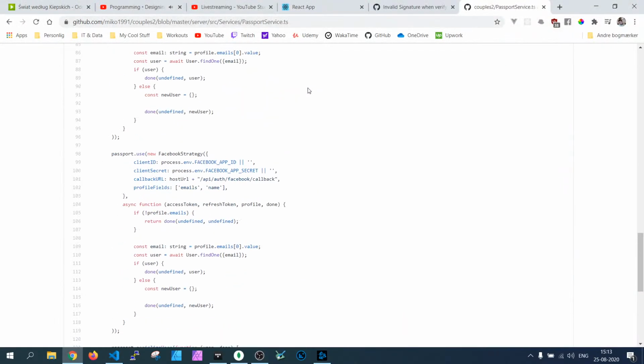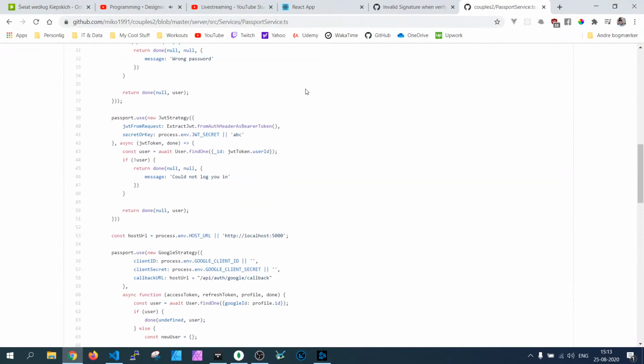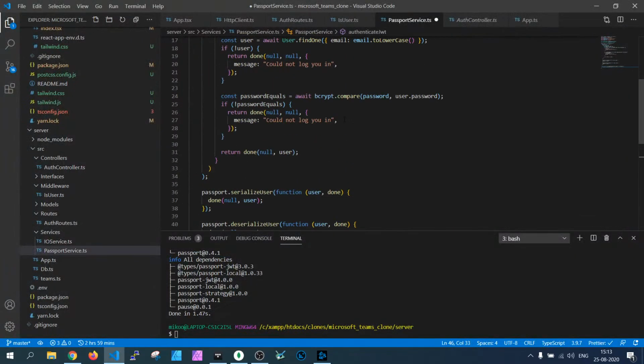Then we have JWT strategy, yes, so we will need also